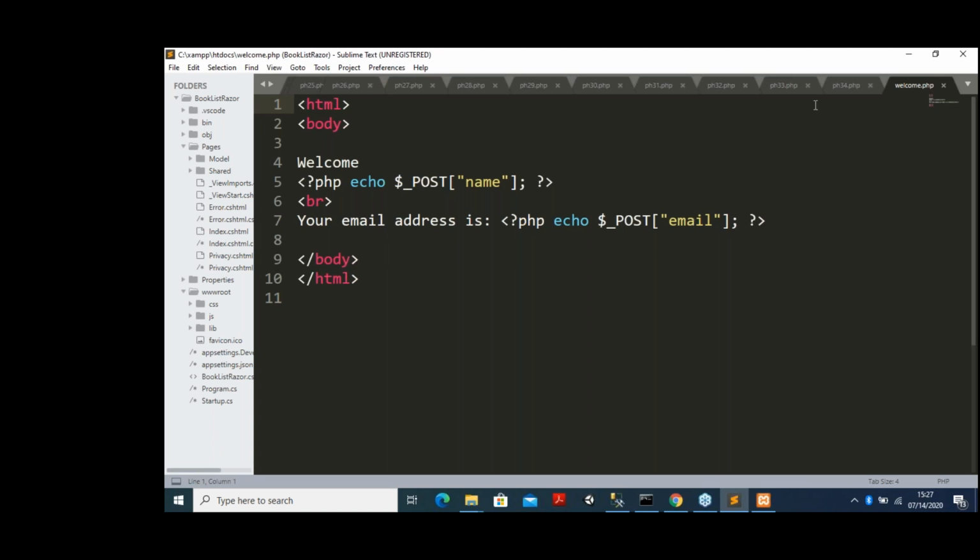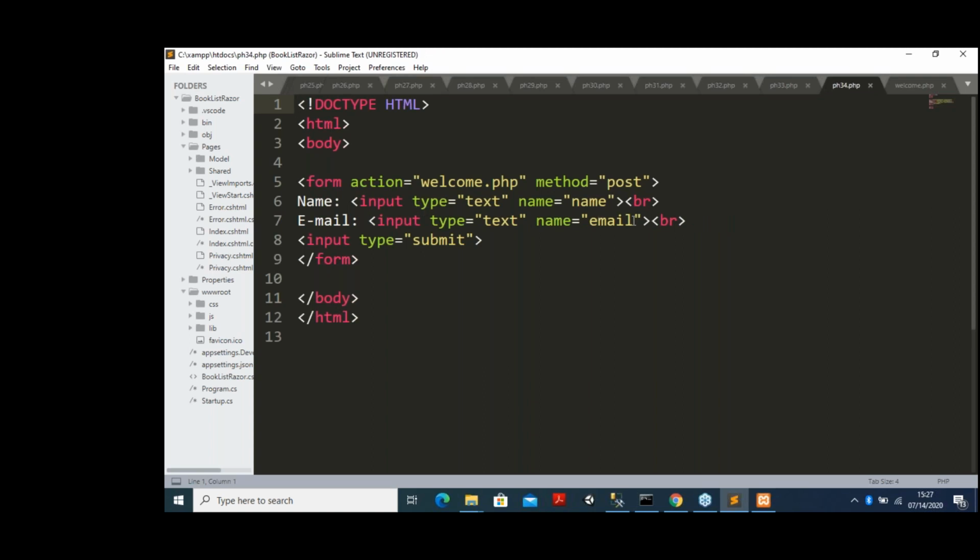See it here. If you are confused, see it here. So this is the email, and the first one is the name. So what is the name you are writing here? Same thing it is saying welcome, and telling your email ID, this email. What is the email I am giving? And when I press the submit button, it is not going for validation anyway. If both fields are filled up and you submit, it is showing the output to you.